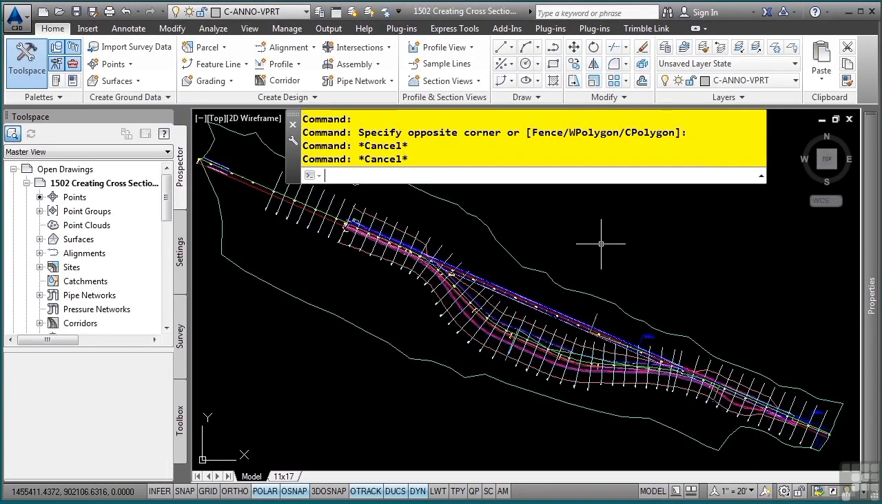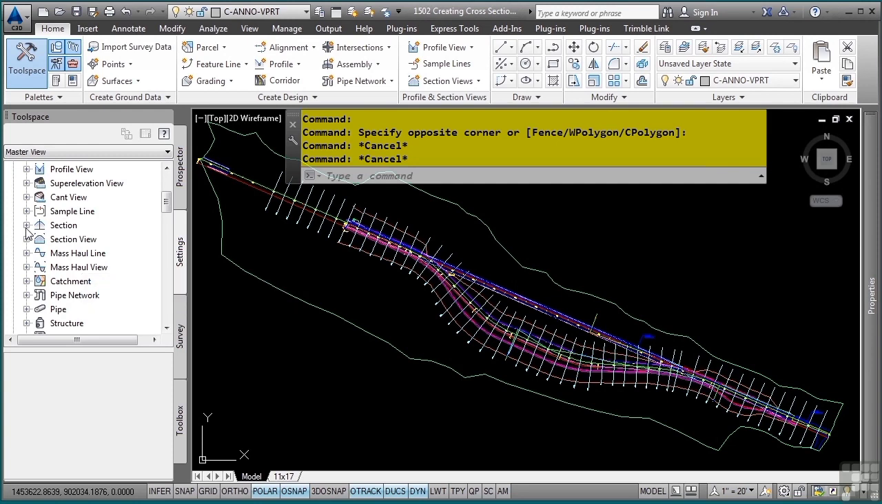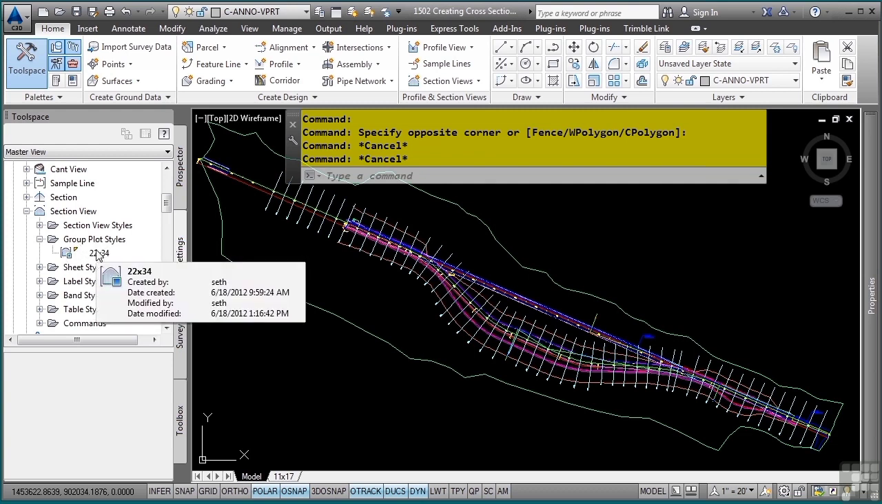Civil 3D provides tools to automate sheet creation. In this video, we'll focus on cross-section sheets. So as with everything in Civil 3D, you have settings and styles that are important to understand. So when it comes to cross-section sheets, you have something called Group Plot Styles located in the Section View category. This is the most important setting to define the array at which your cross-section views will be created within the